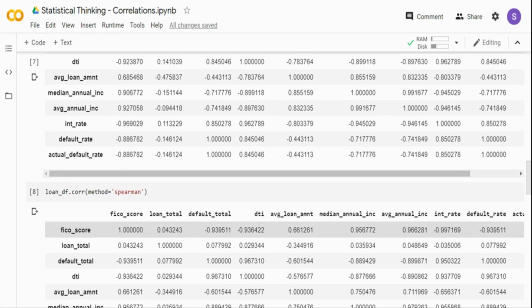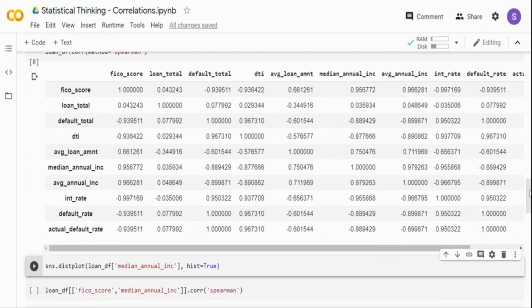Because depending on the FICO score buckets, your other variables can react as well. So maybe in this case, I want to use Spearman correlation. And Spearman correlation does not have any assumption on the underlying distribution of data. So that's the main difference between Pearson and Spearman rank correlation.